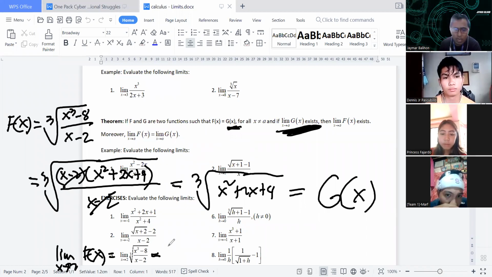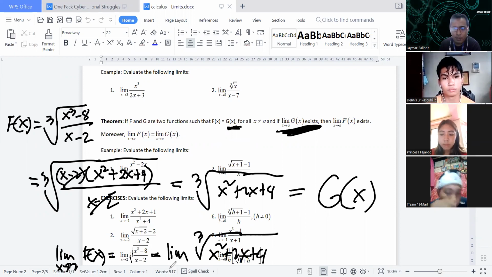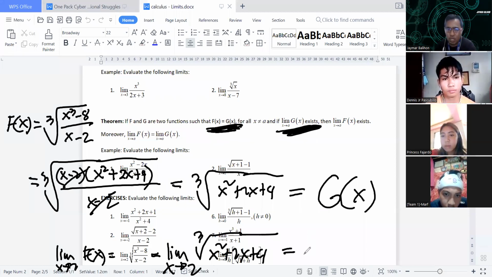It will be now limit of cube root of x squared plus 2x plus 4, right? You are allowed to do that because these two expressions are just equivalent. Okay? I already mentioned that they are equal. So here, if we substitute there,